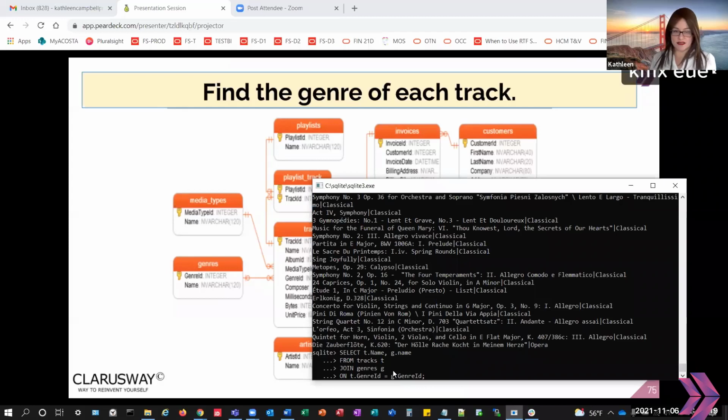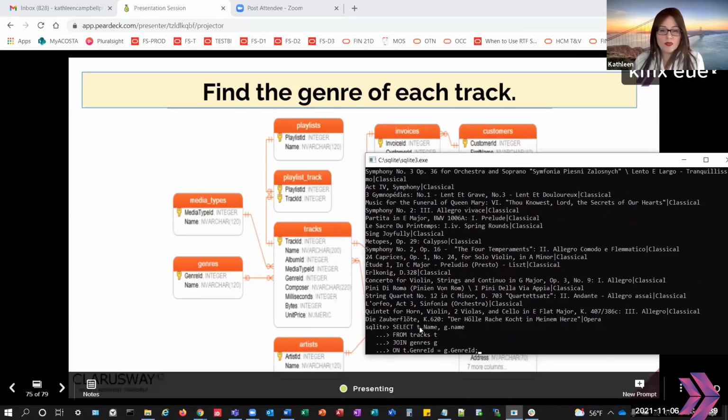I could have an AS here, but when you're looking at code, again, it's style, it's preference, but you typically don't see AS after the name of the table. So in this case, this is an example of a table alias. And now quickly we can go through, and if we wanted to bring back from the tracks table the name value,